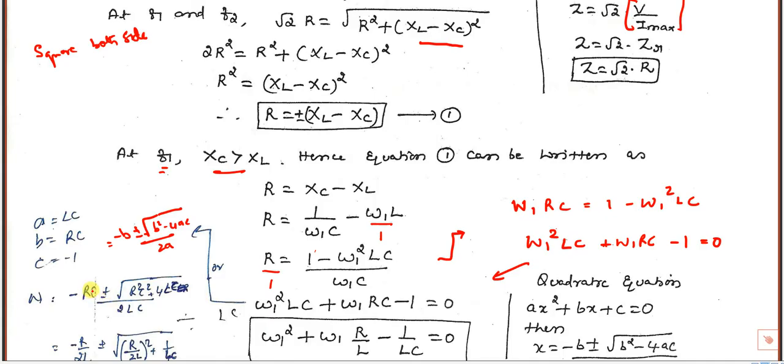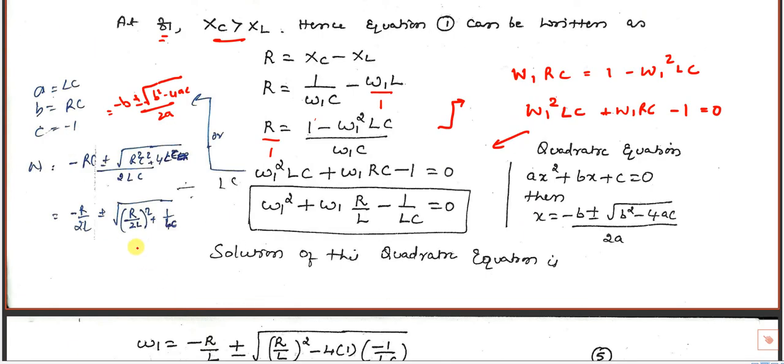So the B value is minus B, that is RC, plus or minus the square root of B square, R square into C square, minus 4AC. 4A is LC and C is minus 1. So minus into minus becomes plus. And if you simplify this, you are going to get,